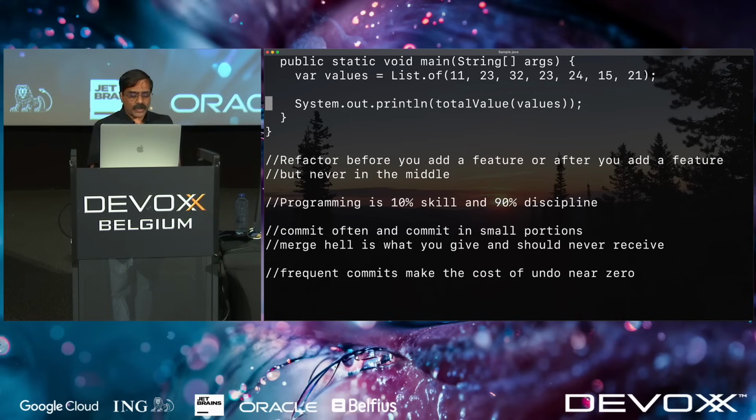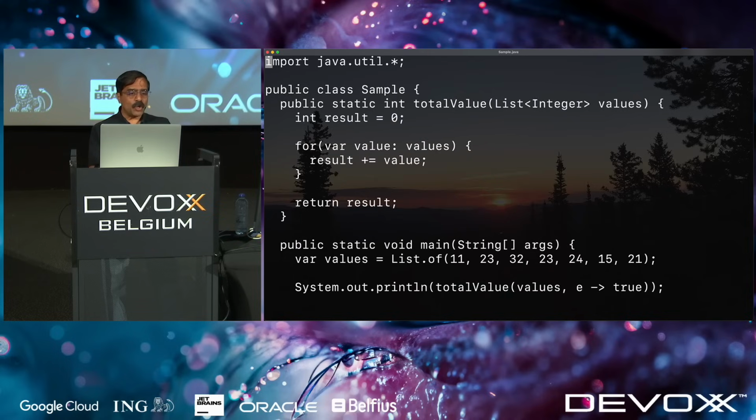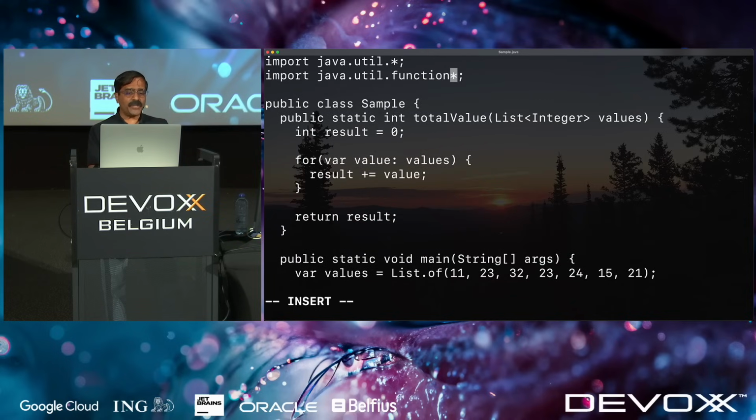So anyway, coming back to the program, what I want to do here is to say, given an element, I want to return true. So we just added an additional argument to the function, which says, given an element, simply return true. So I'm going to go back to this code and say, I want to bring in a dot function,